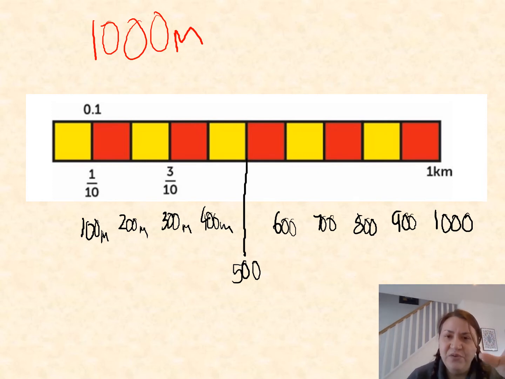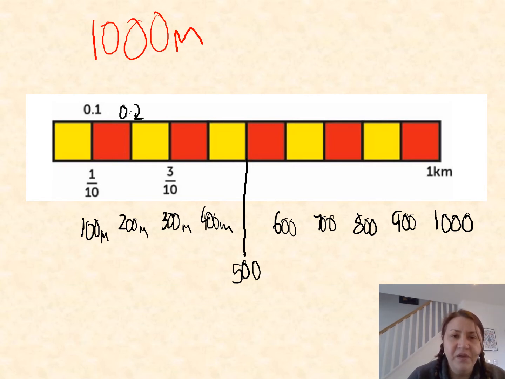Now, each of those, our stick is split into 10 pieces, which means each block of colour is worth 1/10, isn't it? If it's split into 10, each must be worth 1/10. And 1/10, if you think about your place value chart, means we've got no wholes, decimal point, and then 1/10. 0.1 would be the first tenth. So what will be our next tenth as a decimal? Still haven't got any wholes because the wholes are up here with our kilometre. So the next one would be